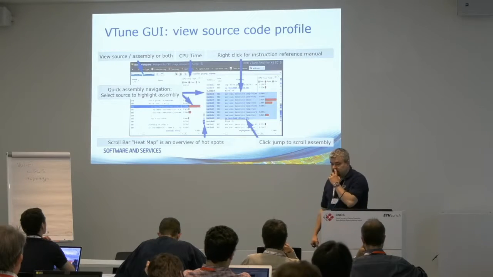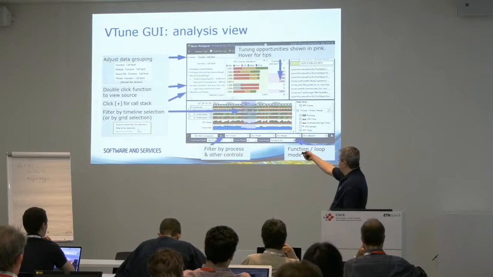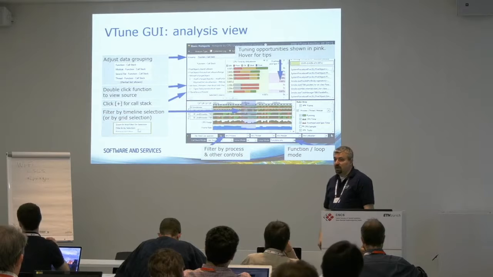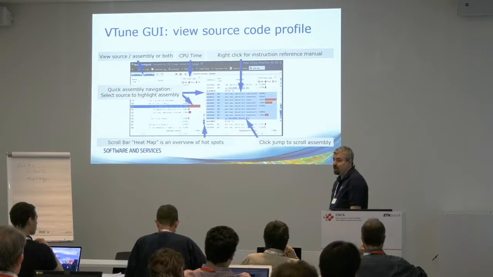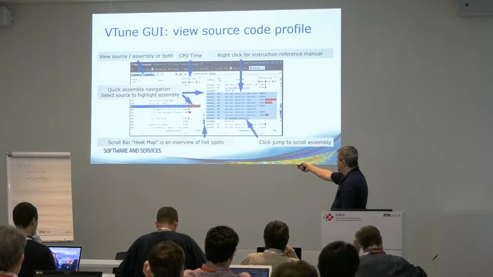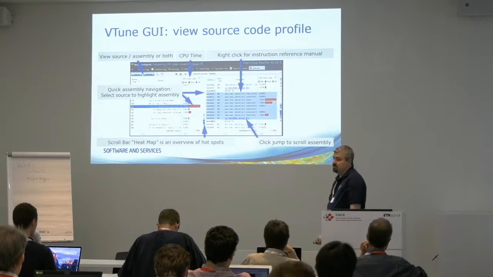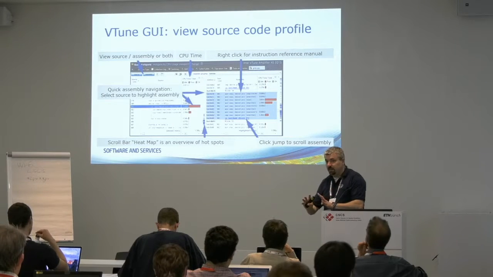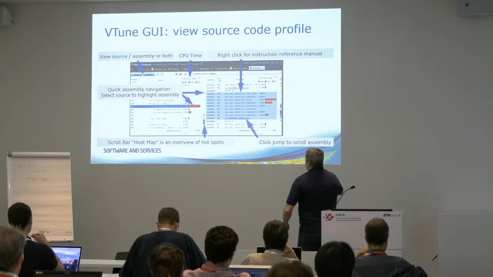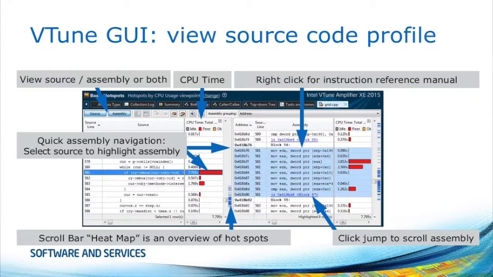Okay, and then, of course, there's the source code view. So if you click on one of those hotspots, VTune takes you to a source code view that breaks the performance data down for each of your lines in your source code, but also for the assembly code. Okay? Now this is all statistics. Okay? So that means if you look at your code, it doesn't necessarily mean that this instruction took